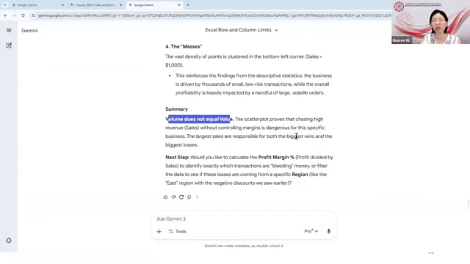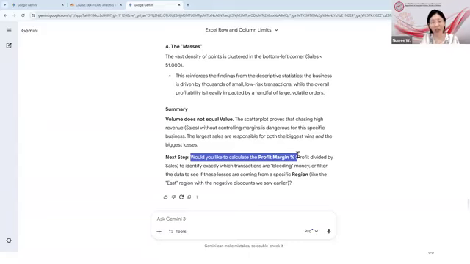We didn't always get high profit. So the next step must be to calculate profit margin in percentage. If you remember last time when we talked about the objectives and the KPIs, one of our KPIs is